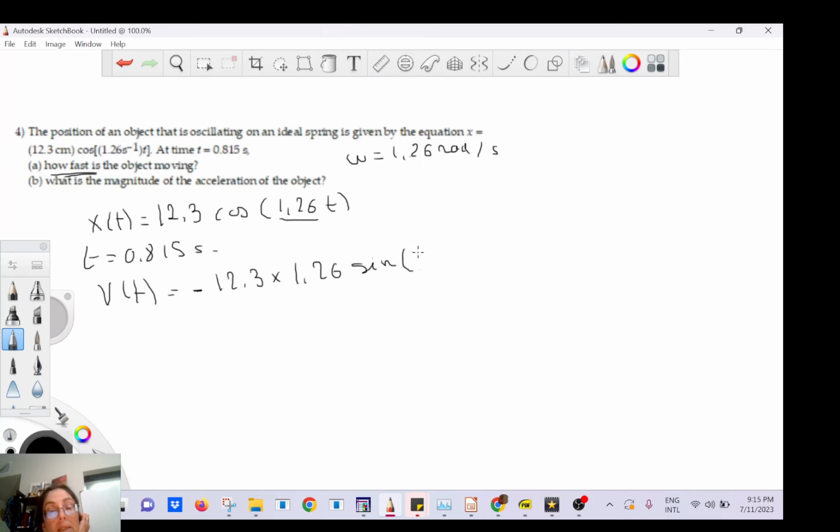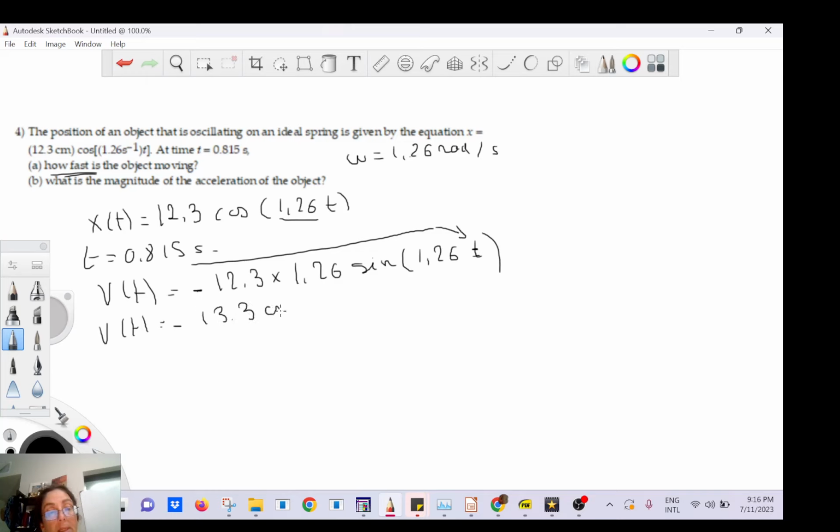There is a sine here, 1.26 t. Okay, I think that's it, right? You just plug it in. Plug that into here. So you can pause the video, try to do it, and then you should find minus